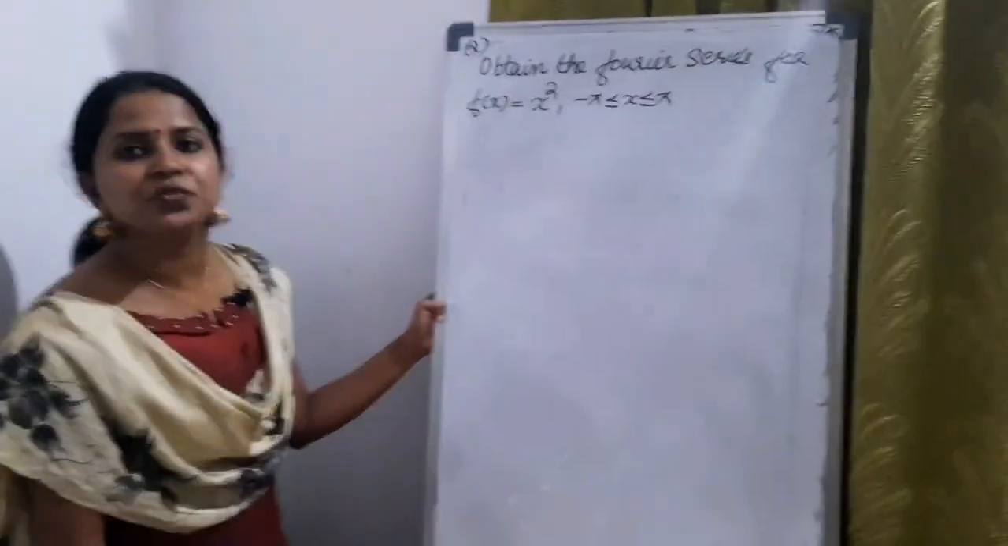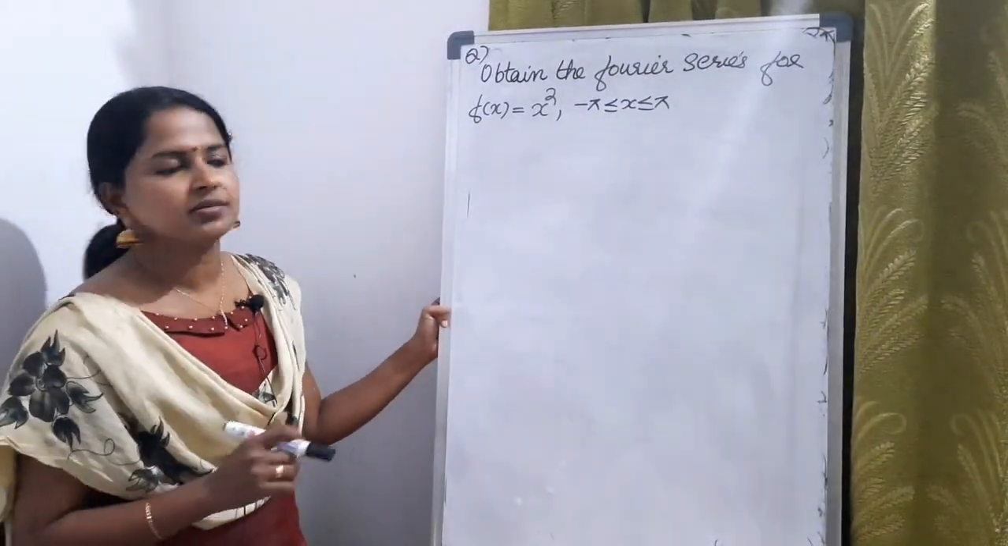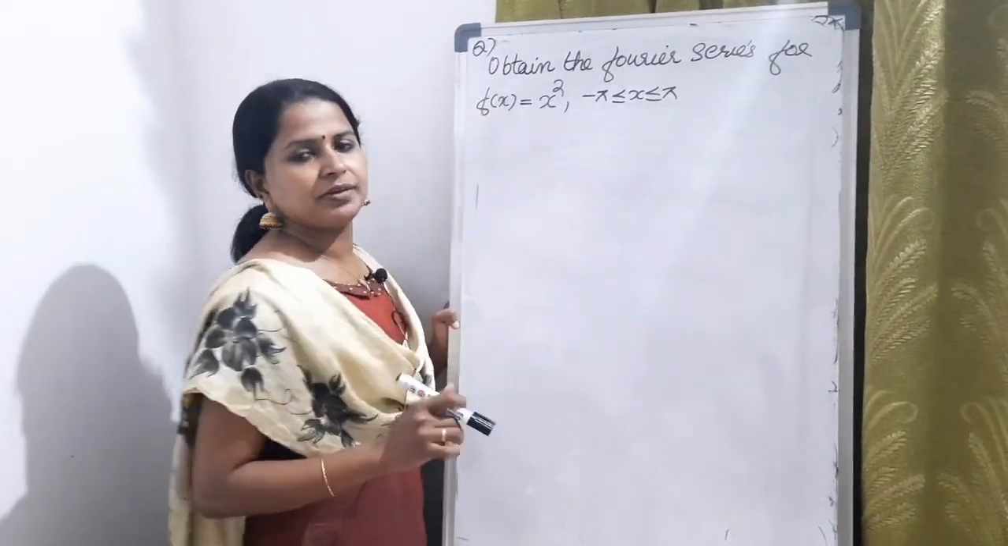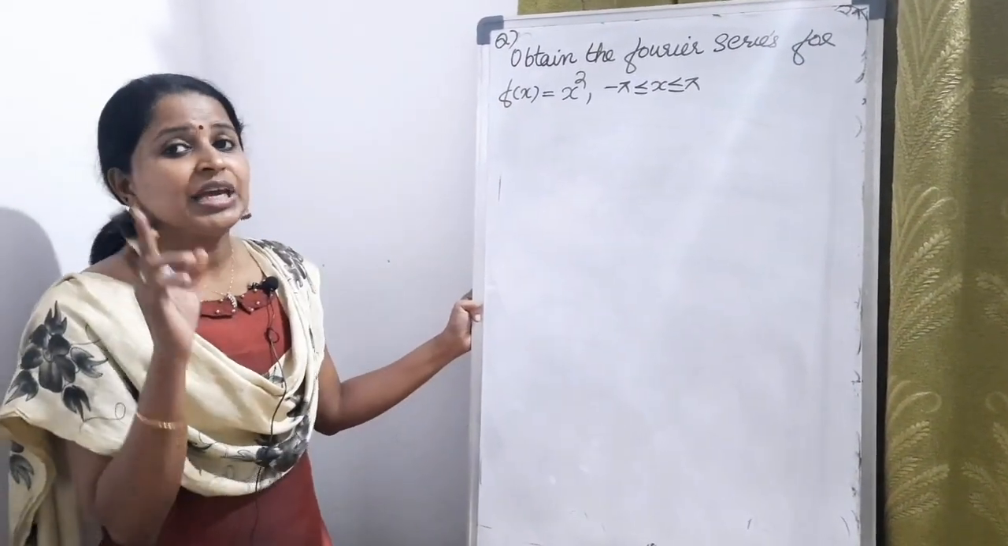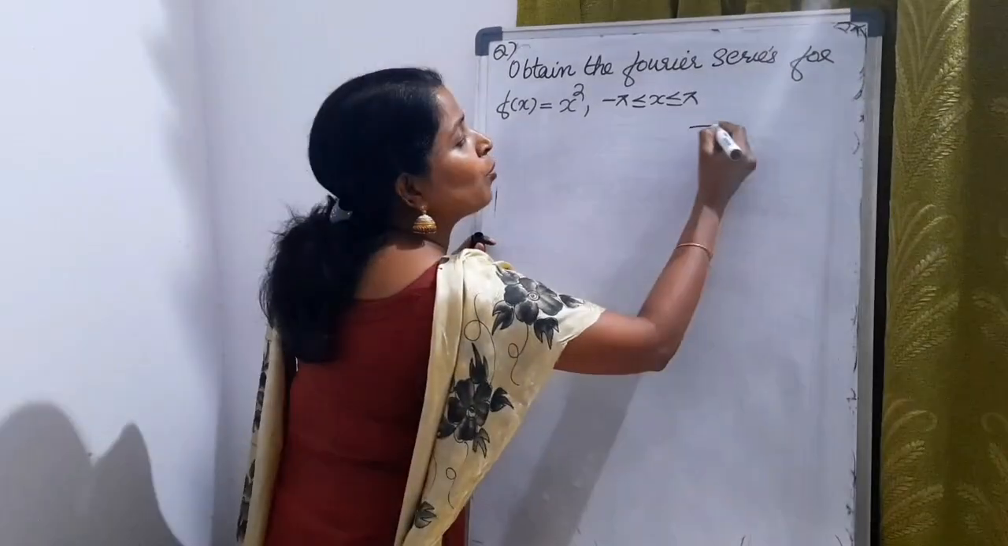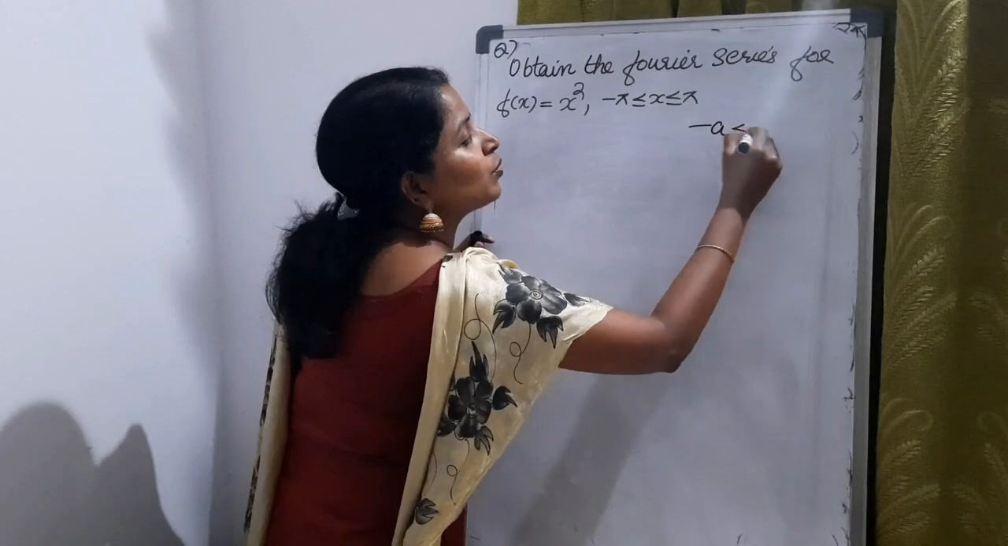Obtain the Fourier series for f of x equal to x square, with limit minus pi to plus pi. Listen, if the limit is of the form minus a to plus a,